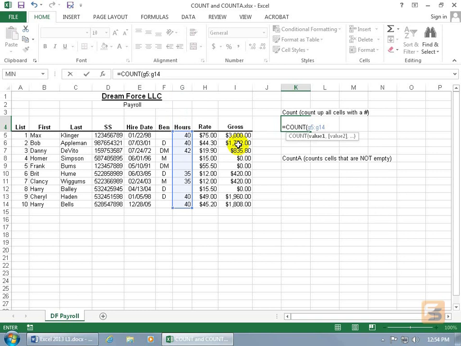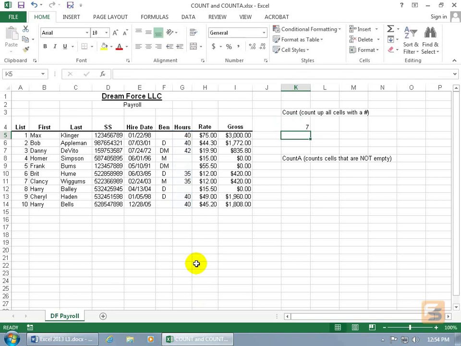I mean, you may not want to click and drag if your range goes down to row 200. Once you start clicking and dragging, Excel picks up and goes off on a frenzy and just shoots all the way down past 200. So you may want to type it in. In any case, hit enter. Hey, sweet. There's a total of 7 that we selected that contain values,